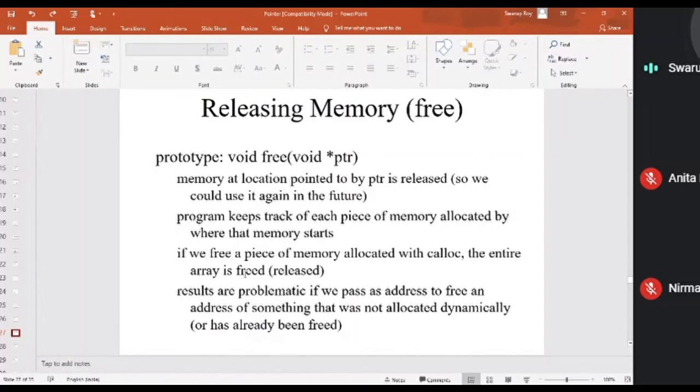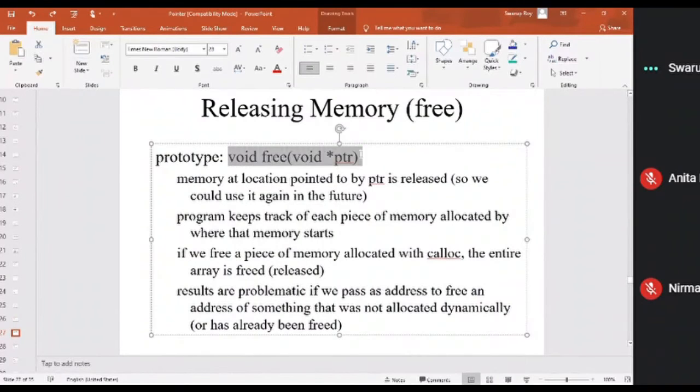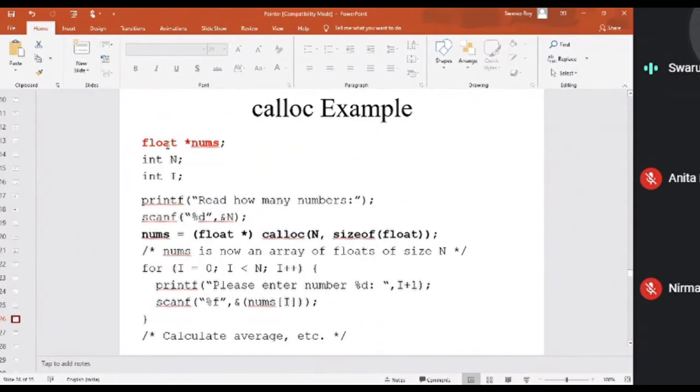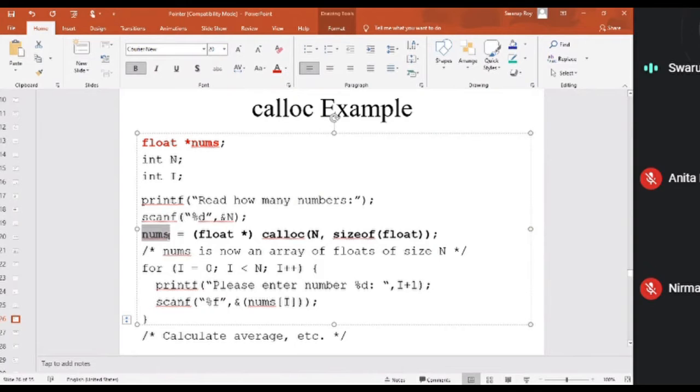Now, as I said, releasing that array. How are you going to release that memory space? You have to call the function free and pass that pointer. The space held by the variable num, which holds the starting address of the array, is what you want to delete.